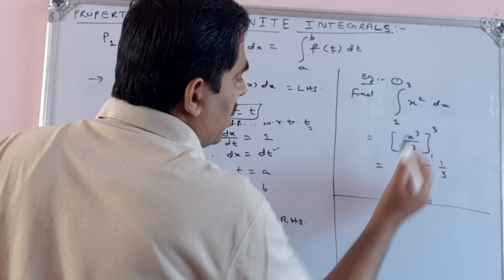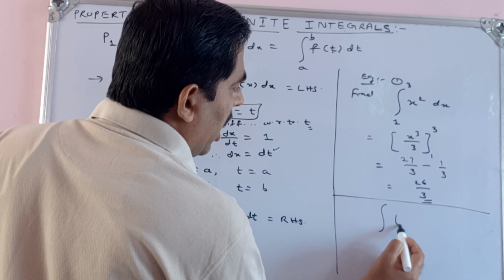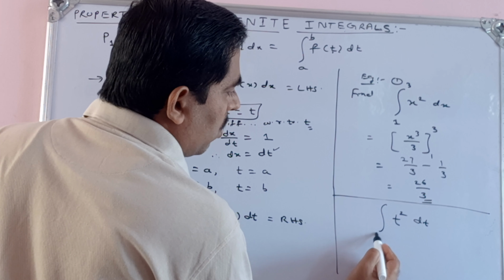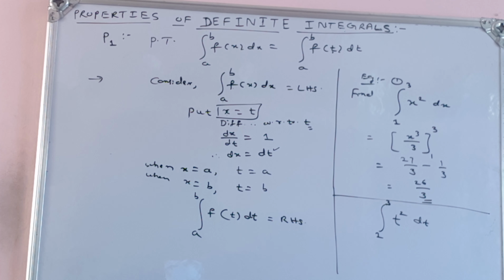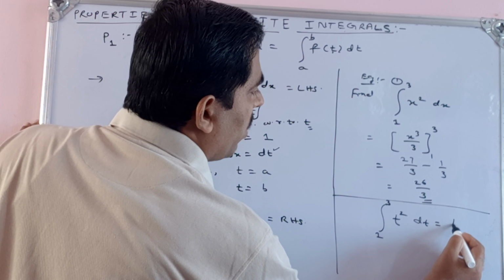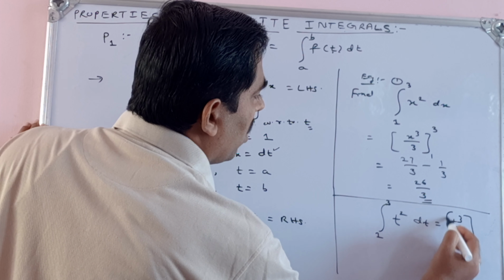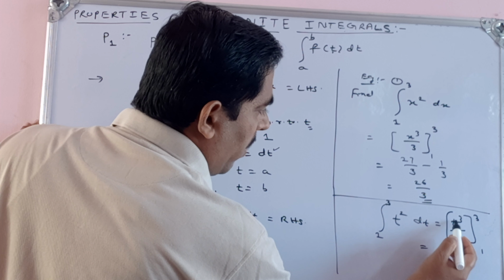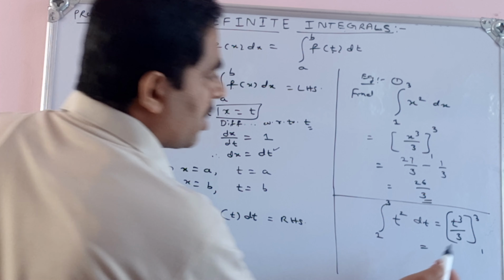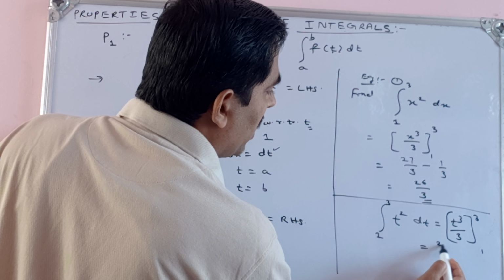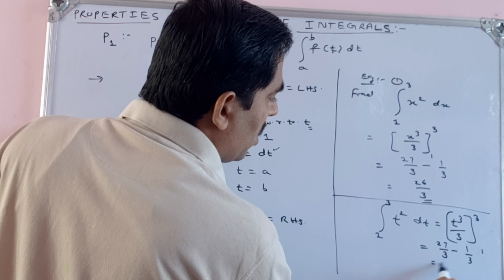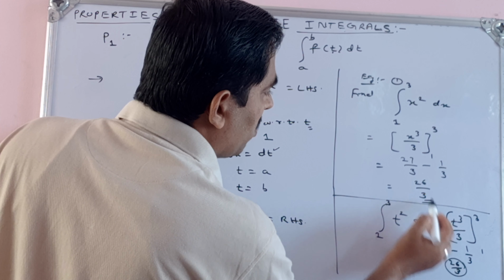Now I will consider the same integral and change this to another variable, say dt, so that the limits of integration, that is the upper limit and lower limit, stay the same. Let me integrate this. Integration of t square is t cube divided by 3, from 1 to 3. Now the value of the antiderivative at the upper limit minus the lower limit. Substitute t is equal to 3, that is 3 cube by 3, that is 27 by 3, minus put t is equal to 1, the lower limit, that is 1 by 3. So 27 minus 1 is 26 by 3.